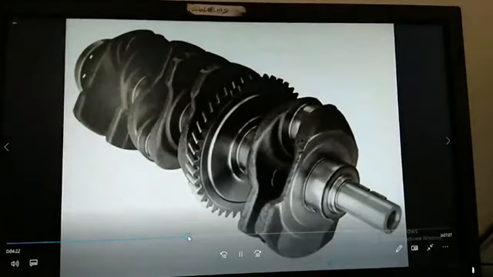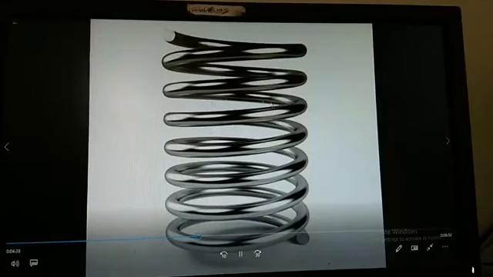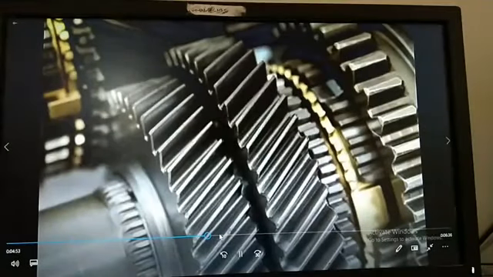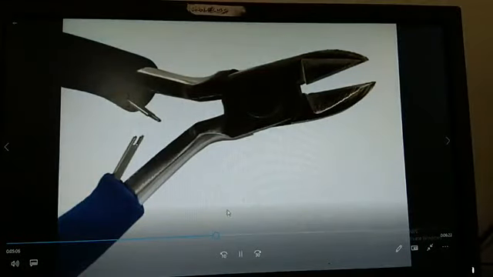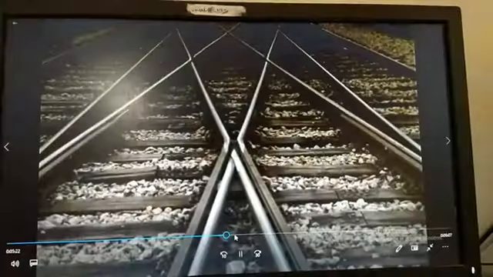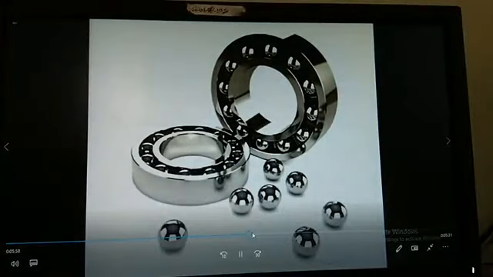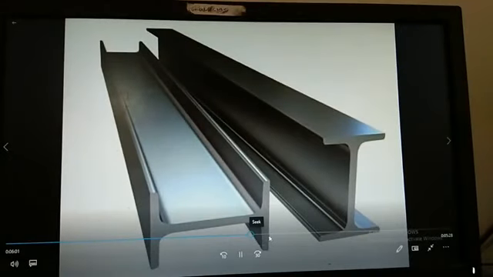These are all different shapes of steel members which are made of alloy steels. This is a spring which is made of spring steel. See, bearings. A cutting blade is also made of steel. Here you can see a pin connection, where it allows rotation in the cutting blade. All railway tracks. Okay, ball bearings. This is what I am talking about, hot rolled steel sections.